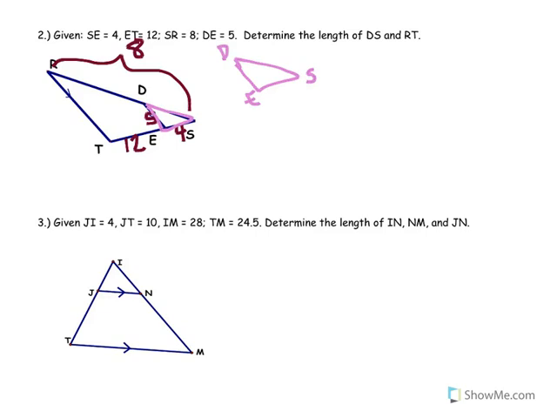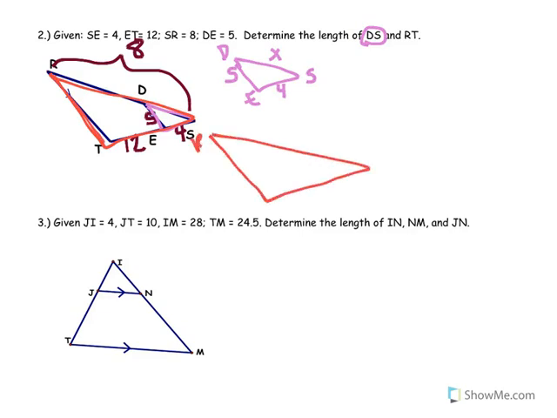I know DE was 5, ES was 4, and notice I was trying to find the length of DS. I'm going to put X there. Okay? Let's draw the bigger triangle now. The bigger triangle